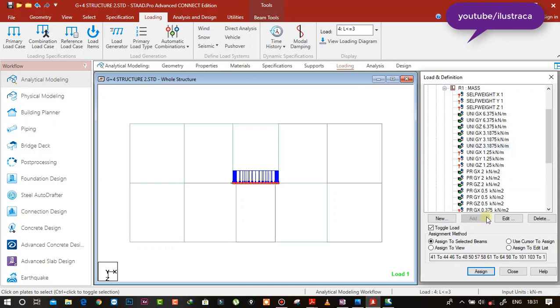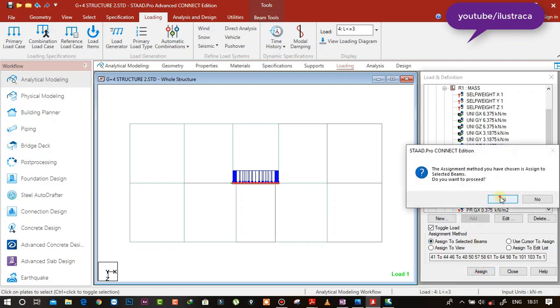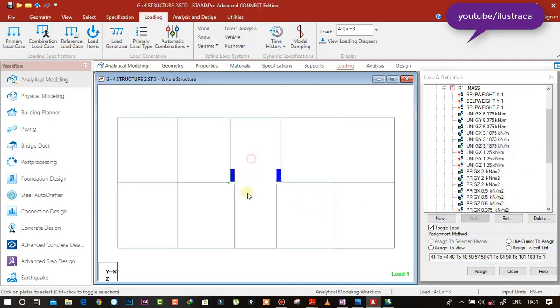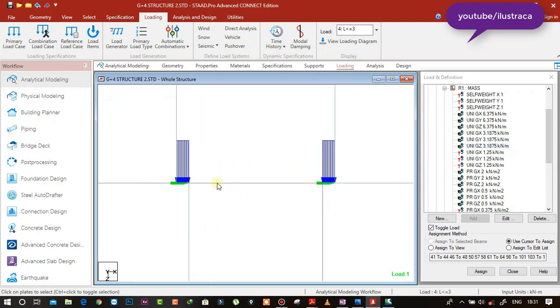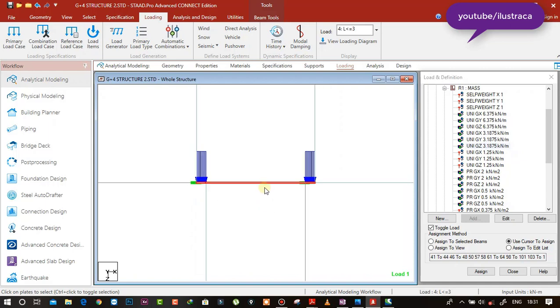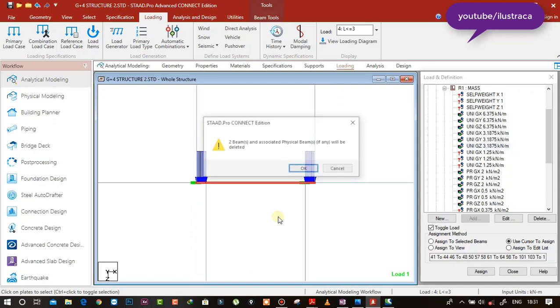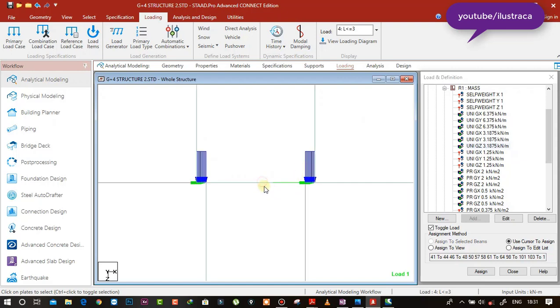No, we can't remove it actually. Yes. So what we need to do, we need to divide this part actually. We need to divide this part here. So let's just delete this beam here.